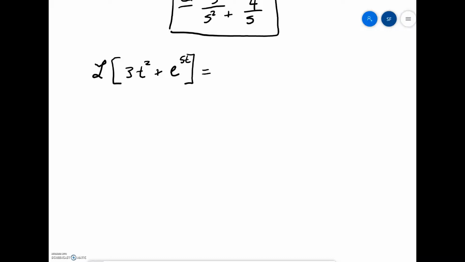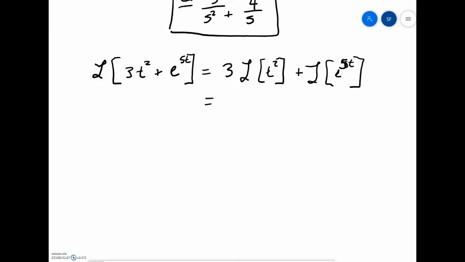Okay, let's do the Laplace of 3t squared plus e to the 5t. So we can break this down, and I don't expect you to do this all the time, but really you can break this down to the Laplace of t squared plus the Laplace of e to the 5t. Okay, so we know that it's going to be 3 times, if we look at the Laplace of t squared,